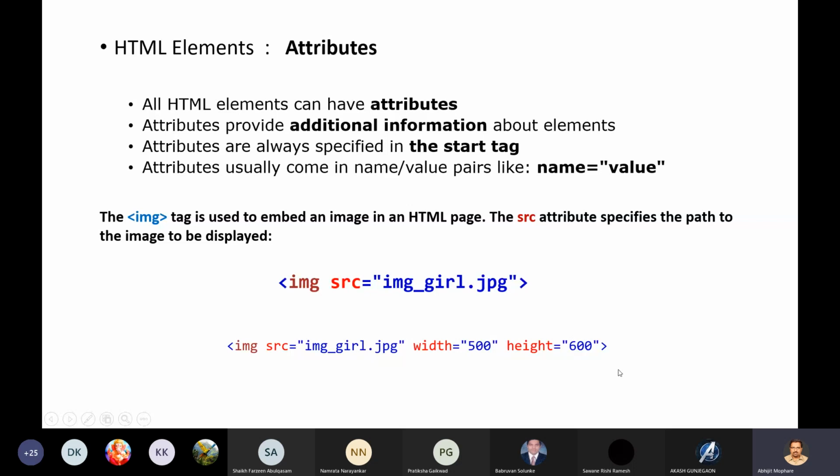So one dot on the screen is called a pixel. That is very tiny. You can't see it with the naked eyes because the resolution is very high. So let us not go into those things. Let us stick to this concept of attribute. So I guess you have understood the concept of attribute. So here source, width, and height. These are attributes of the image tag.